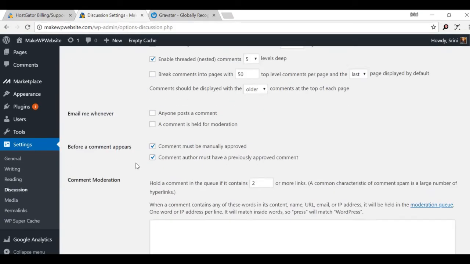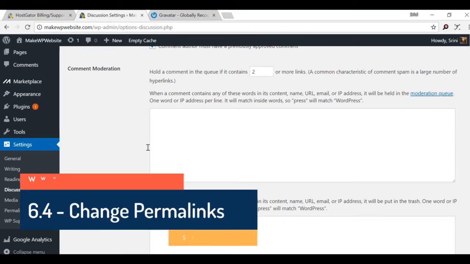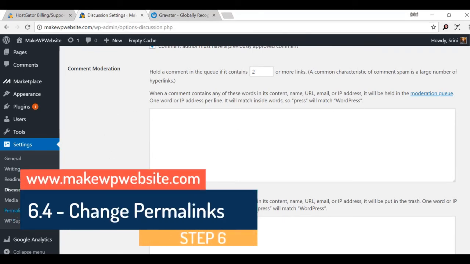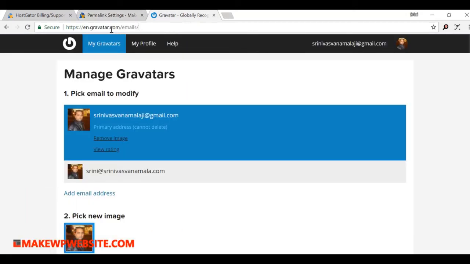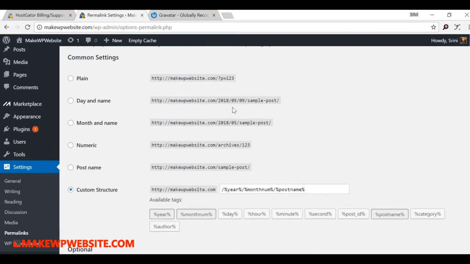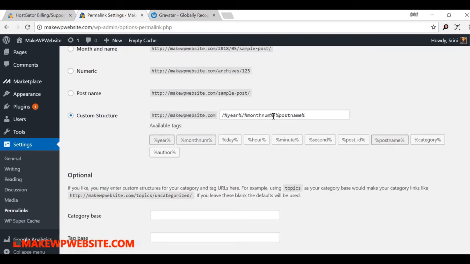Next I want to show you one simple setting on the WordPress site, called permalinks. Permalinks is very simple. You see the links after your website host name; that's basically your links, and they tell you how you want to organize them. Do you want to organize based on the date, year, month and the name of the post, or directly by the post? By default you get year, month and post name.